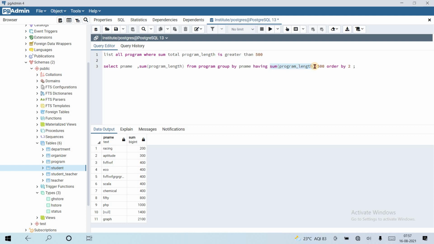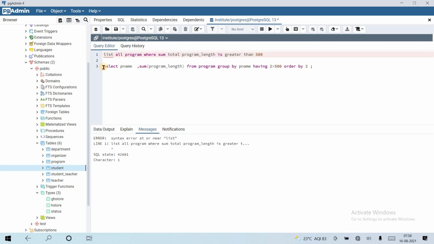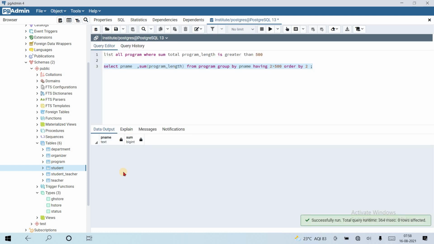So let's try. Can we use the column number instead? We know that sum of program length is the second column. Okay, let's try. 2 greater than 5. No, it checks only this condition. So let's see the column alias as sum.